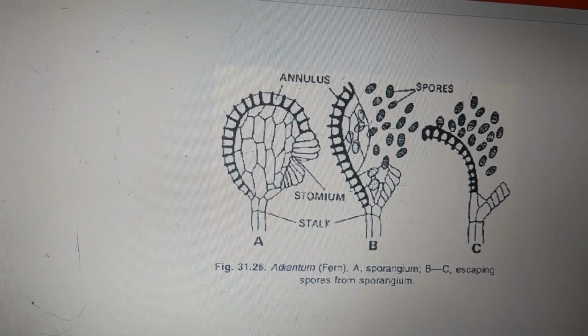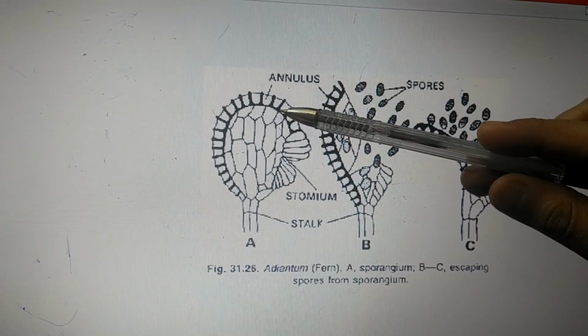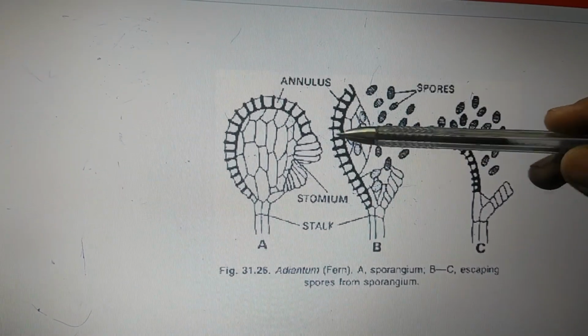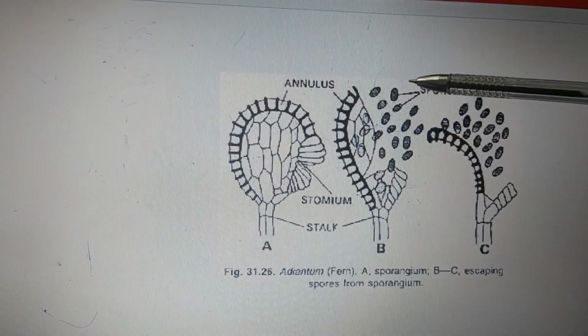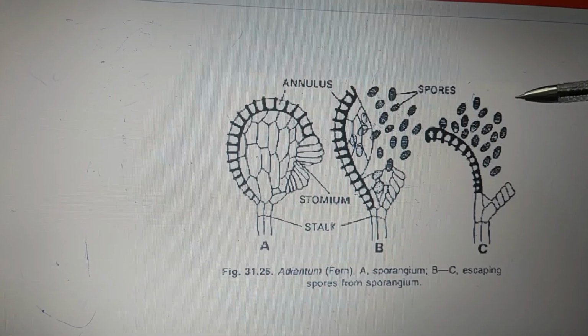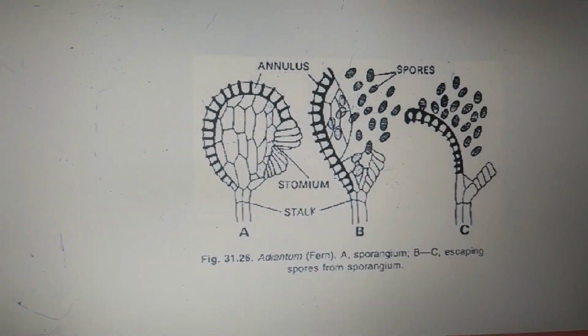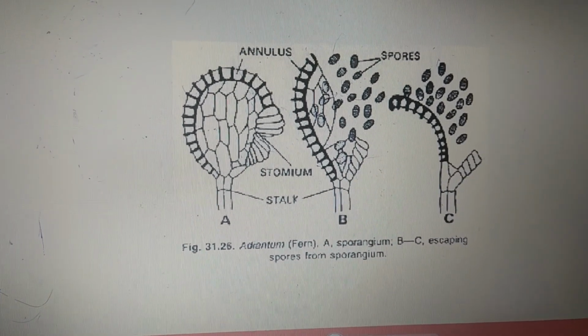This is how it appears. A pressure is created because of the drying of the annulus ring. They have contracted. Because of the contraction, the stomium wall breaks off, leading to opening. This opening leads to dispersal of the spores. The spores, on reaching a suitable substratum, will germinate and lead to formation of a gametophyte,